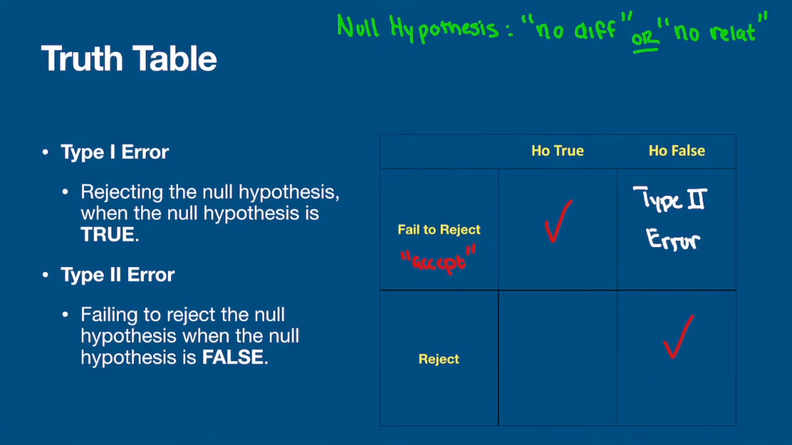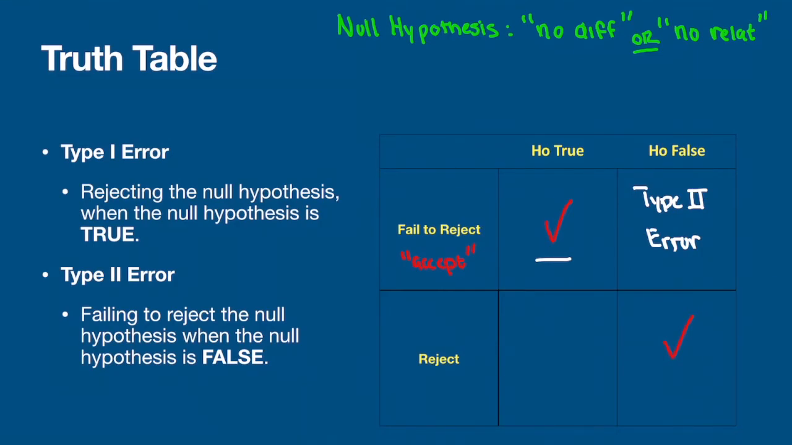Okay? So again, if we fail to reject or if we accept a null hypothesis that's false, we've made an error. Because keep in mind, we've already said just a moment ago that if we have a null hypothesis that's true, we want to accept that. Now on the flip side,